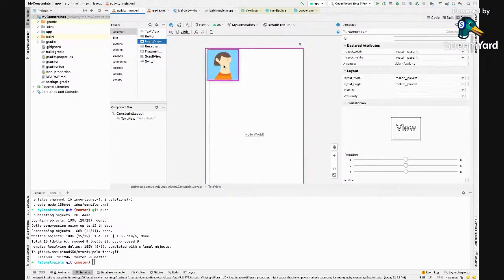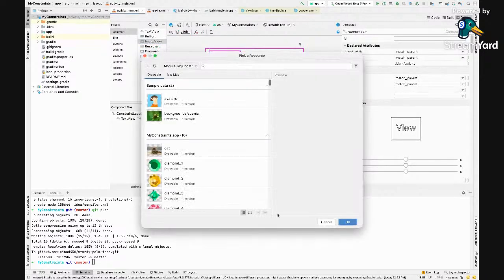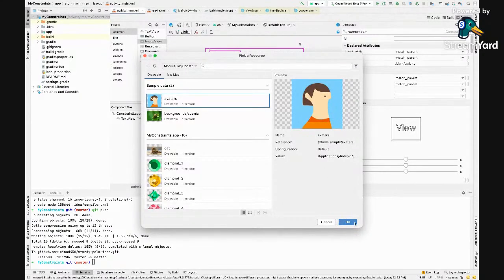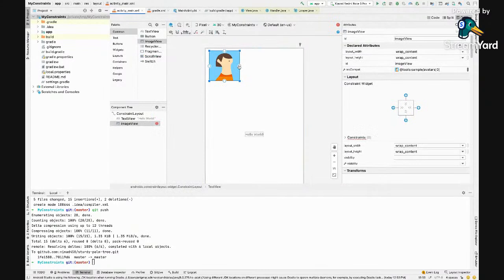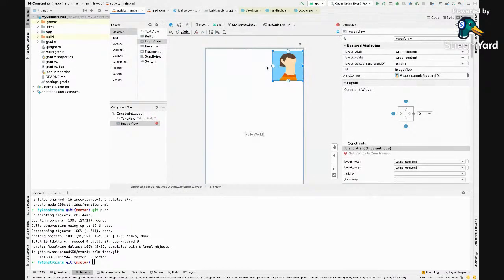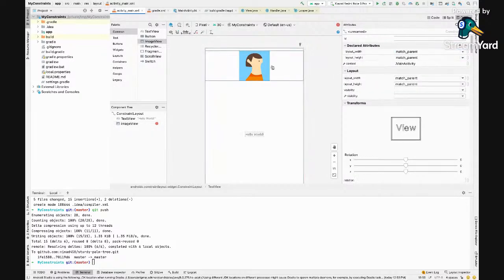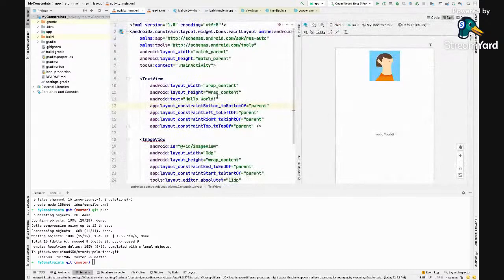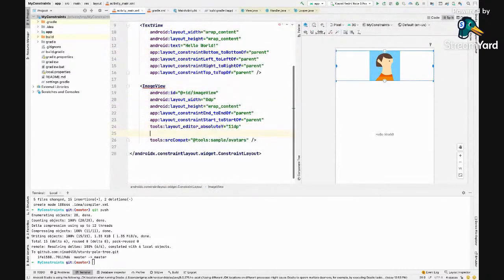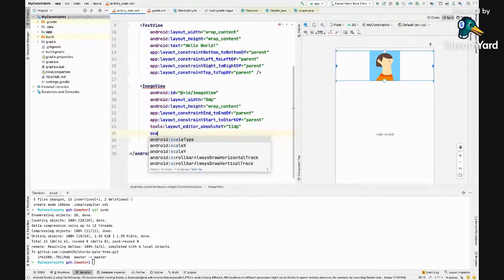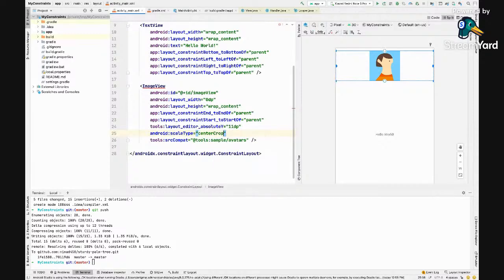So with this image view, if you say 0 dp, and I'll just switch to code mode, and I'll say scale type as center crop.